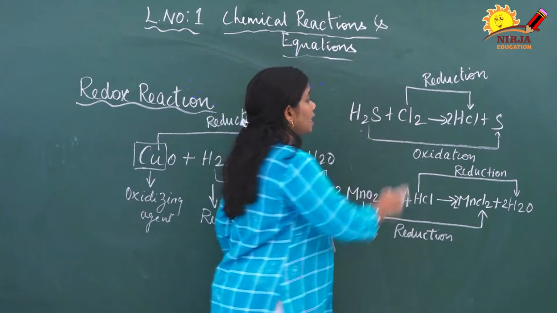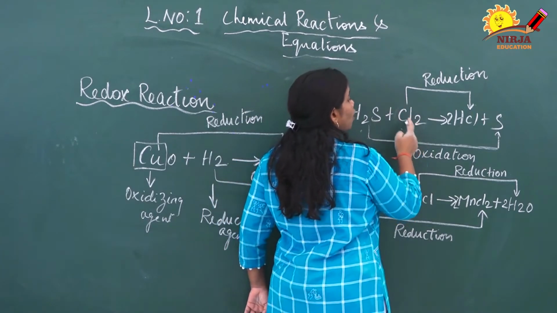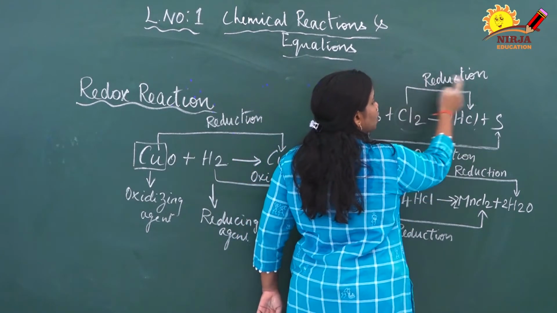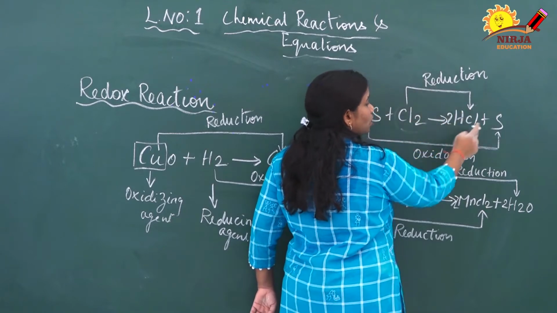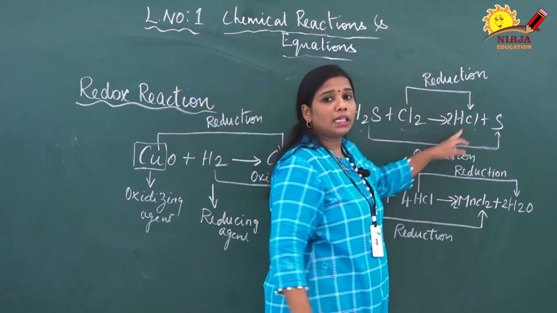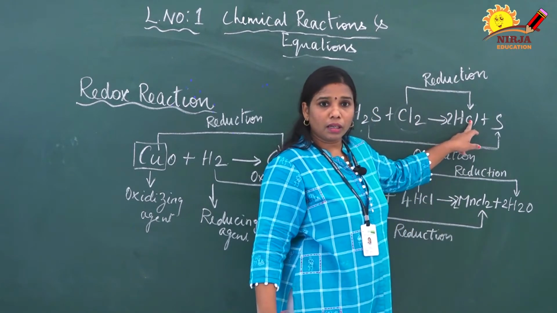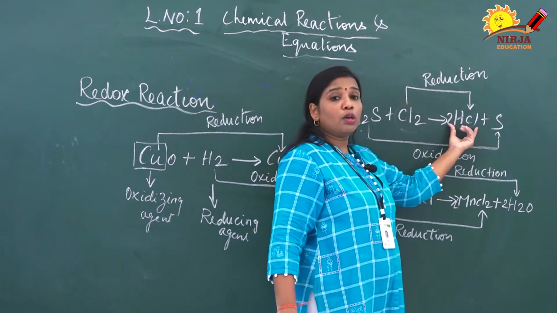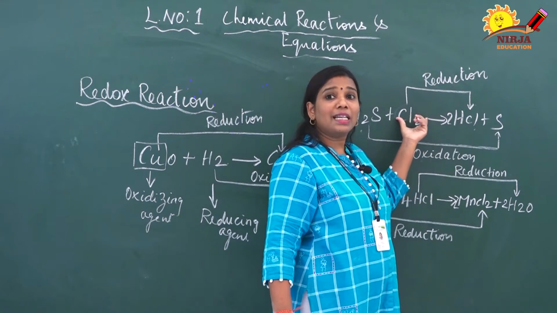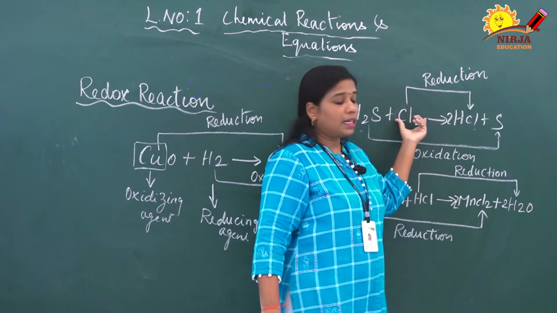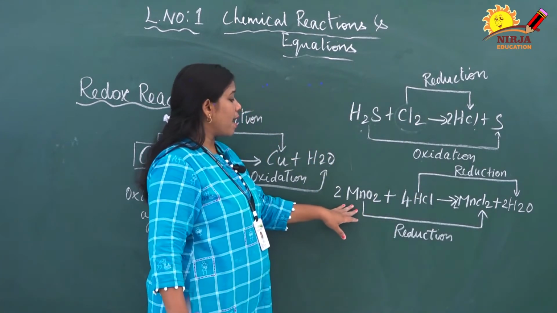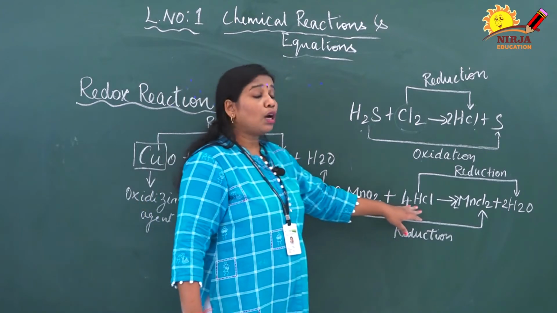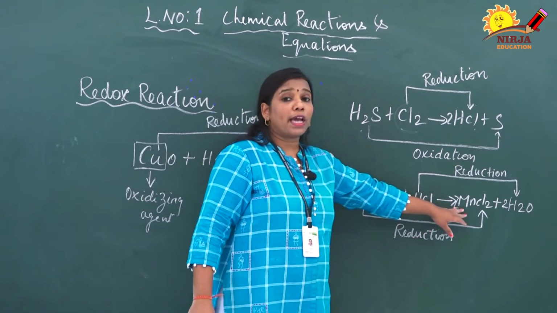Here, the same way, the chlorine molecule is converted into simple chloride, that is why it is reduction. As we know, the reduction happens here. Reduction means the gaining of electrons, see here two molecules are converted. So this is called a reduction reaction. Right. Next example I am writing, that is manganese dioxide reacting with hydrochloric acid,